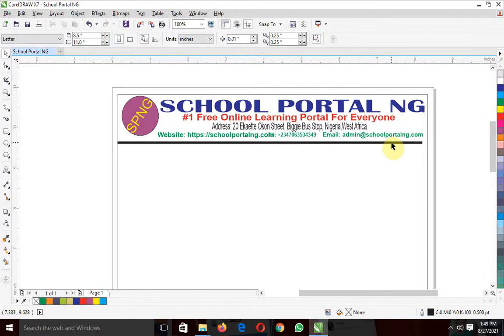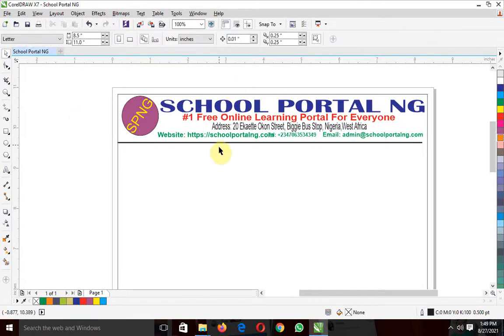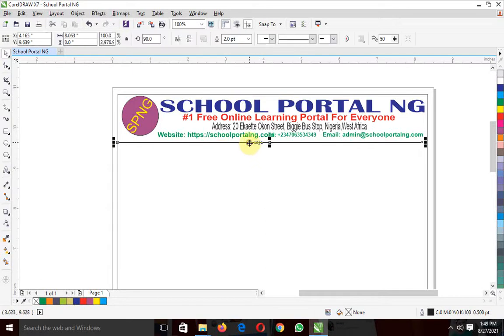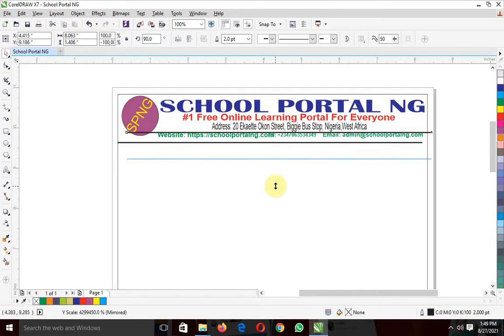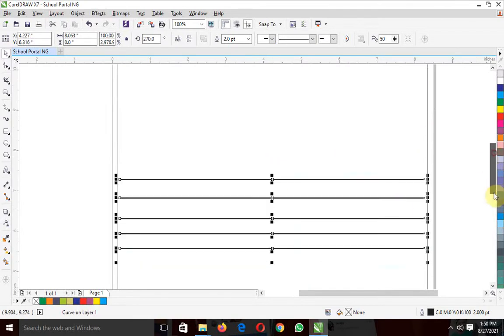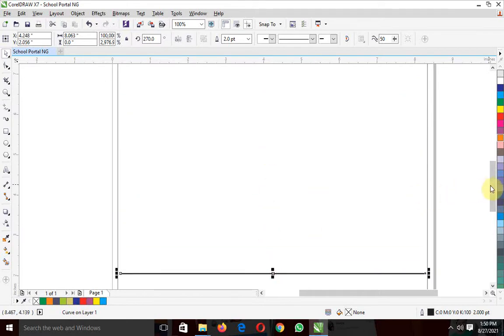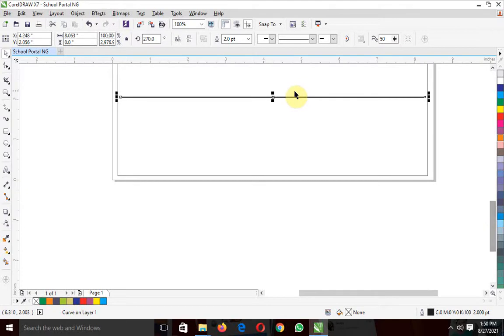Now we want to duplicate this. So let's see, I think this line is too thick, so let's reduce it a bit to 2.0. So to have a double, perhaps you need to do this at the bottom, the same line. So click on it, click Ctrl D to double, D for double, Ctrl D. So drag it down. Let's say we want to use at the base, at the bottom, just to add nice